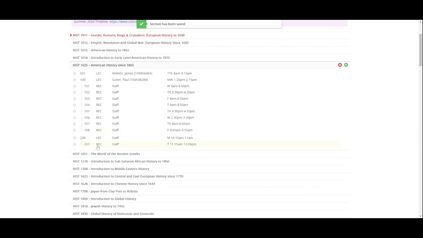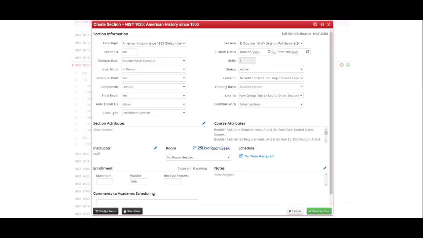And so now you can see we do have a new linking. We have 200 and 201. And we'll follow the same steps for any additional sections that we need to create. So maybe we need 2 recitations that are linked to that lecture. So